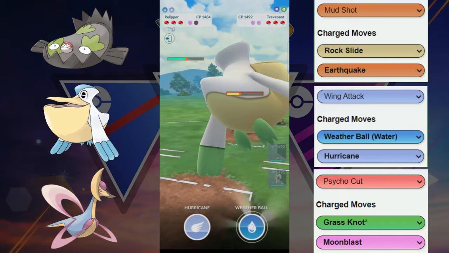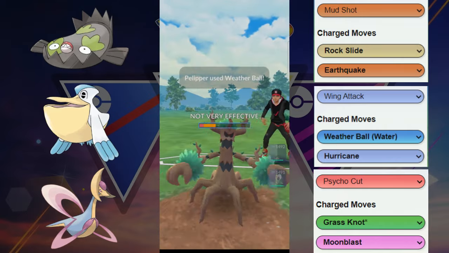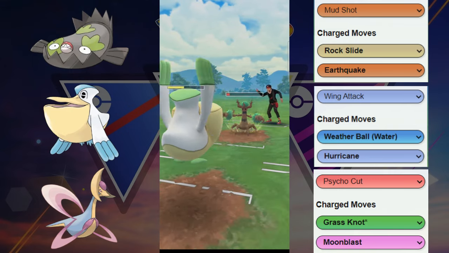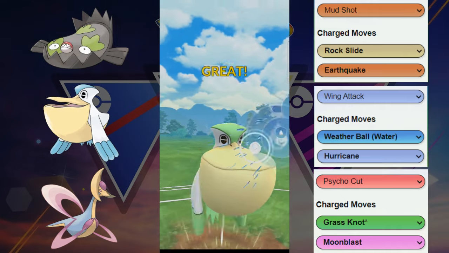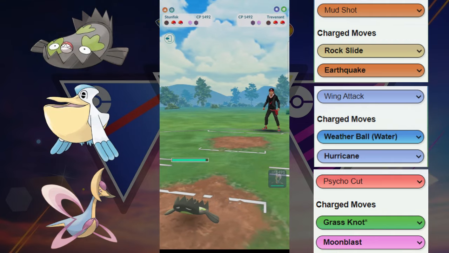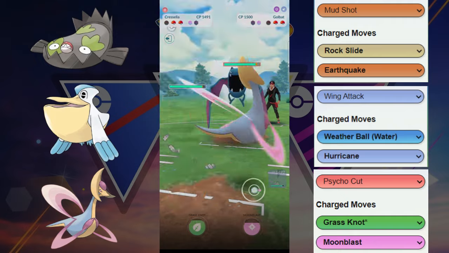We're going to use this Pelipper's fast move of Wing Attack to chip away at its health. We're going to go for this Weather Ball right here. They do decide to just tank it, and it allows them to get to another move here. The Seed Bomb does get fired off. It barely doesn't take us out, so we have to use another Weather Ball just to either grab this shield or get the KO. They decide that they are going to use their...